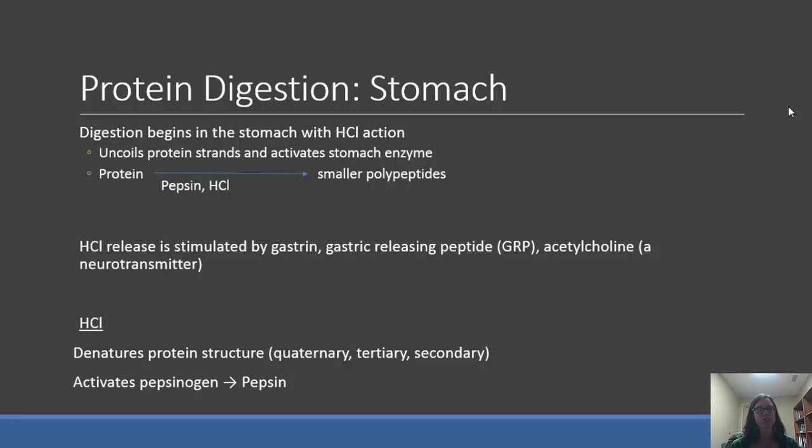And then our serious digestion of protein begins in the stomach with the action of hydrochloric acid, which uncoils protein strands and also activates enzymes in the stomach. So when protein enters our stomach, this activates the enzyme pepsin and hydrochloric acid, which hydrolyzes the proteins into smaller polypeptides. Now, hydrochloric acid is stimulated by the hormone gastrin, also gastrin-releasing peptide, and the neurotransmitter